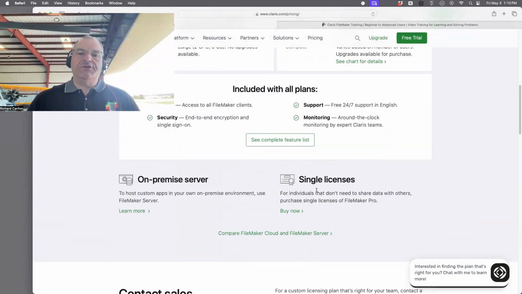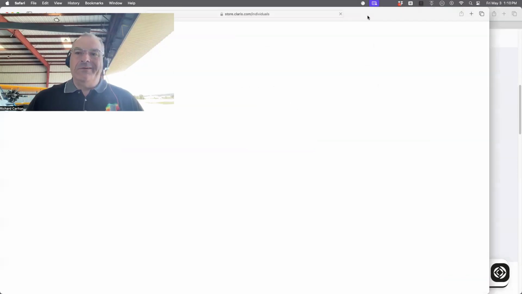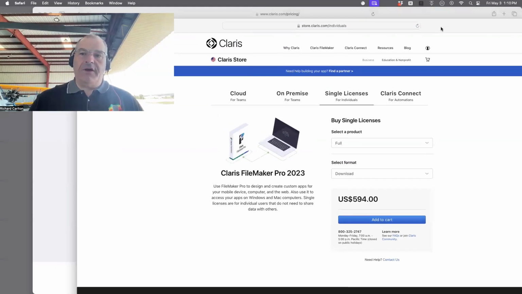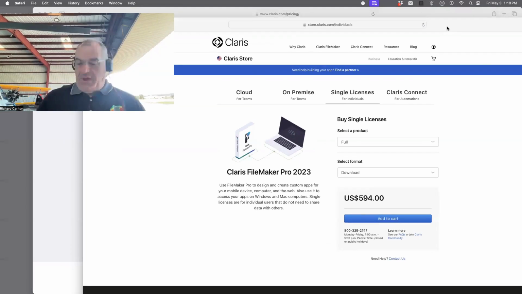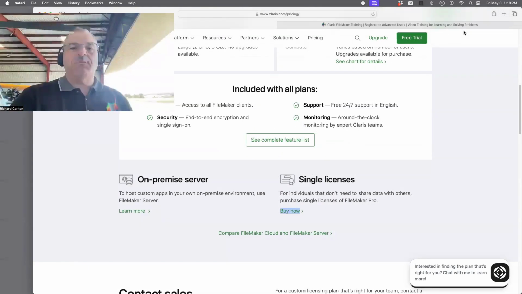Okay, that's hiding. So if you don't want to buy it from me, get the training and all the extra great stuff for it, and then you can buy it from Claris for basically $600. Okay. All right. So yeah, we have a compelling price on ours. So anyway, if you want to buy a 5-pack, what's the minimum price on a 5-pack?